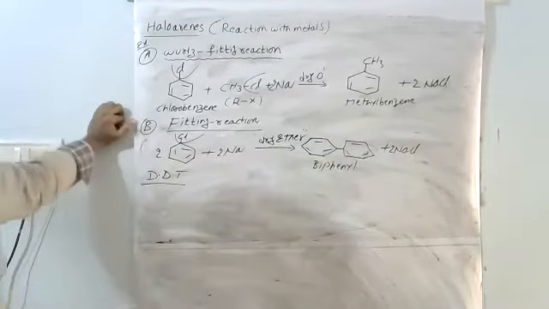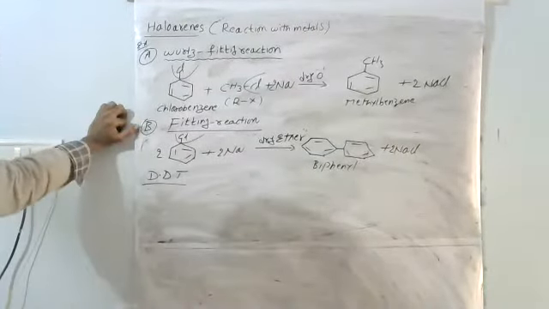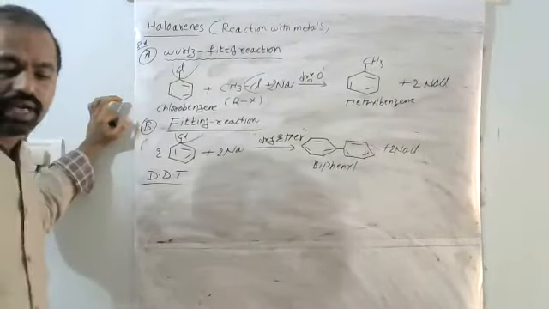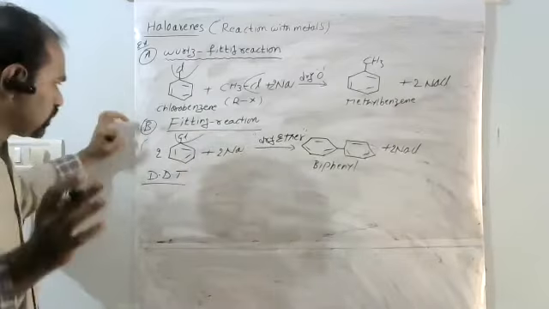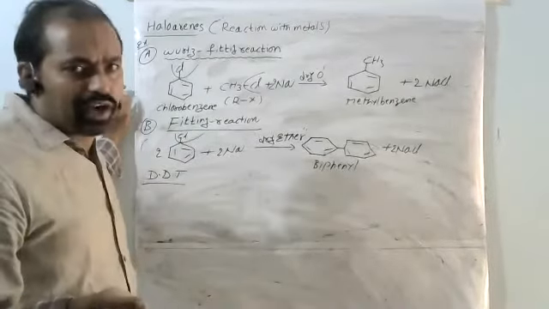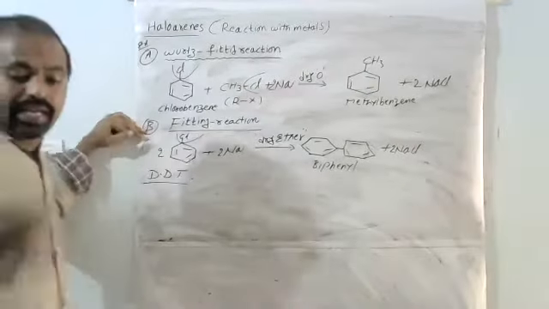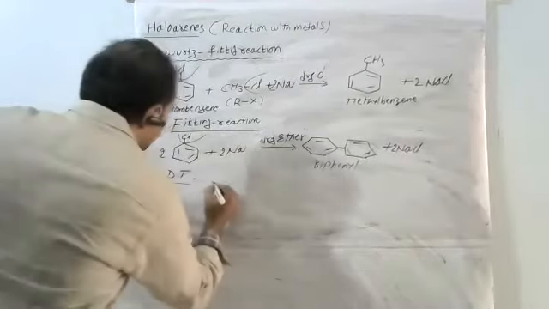So DDT is one of the halogen derivatives. From an objective point of view, and from a descriptive point of view, preparation is not required. Okay, objective point of view. See, DDT, it is obtained from